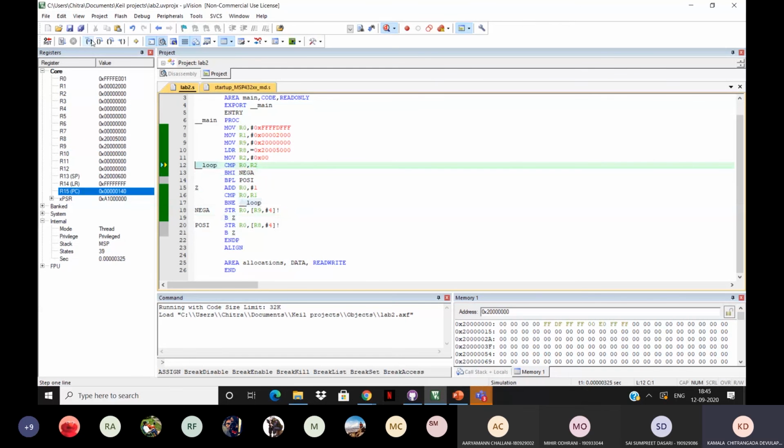And as I keep running every iteration, you can see the memory locations being updated to the bottom right. So basically all your negative values are being pushed into the memory here as of now. Essentially, I think we had a question where sir gave us a lower bound and an upper bound and told us to push in all the negative numbers that come in between into the memory location.